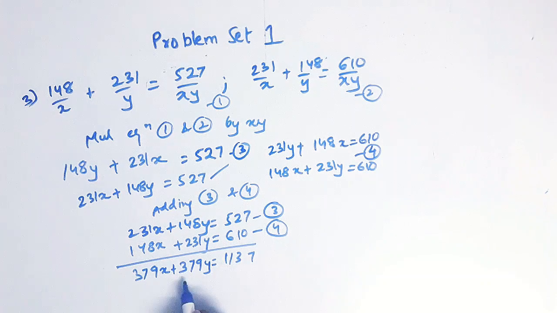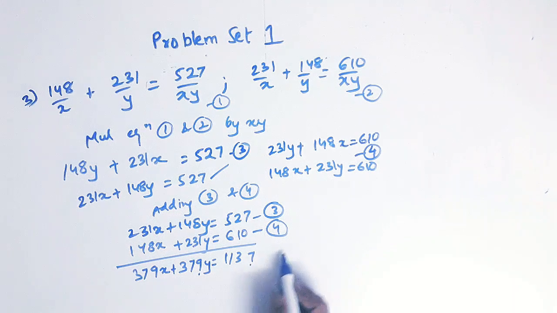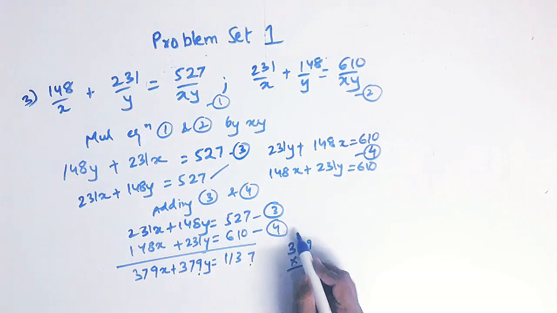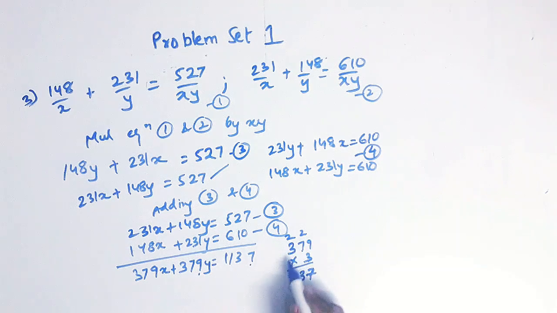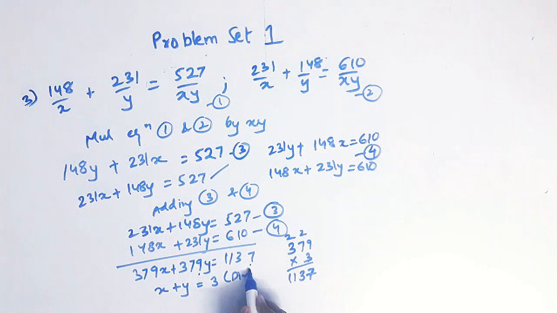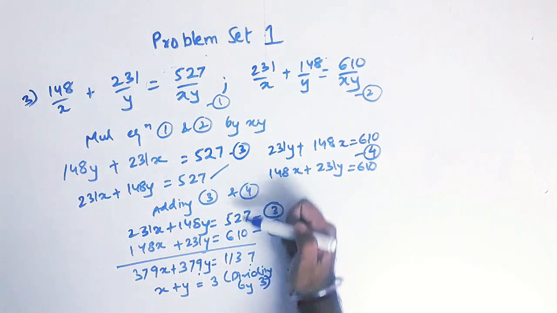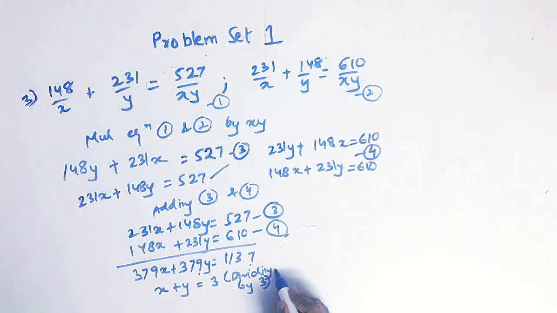Of course this will be the multiple of this, table of 9, when the 7 comes 3 times. So let us check 379 3 times. 3 9s are 27, 3 7s are 21 plus 2 23, 3 are 9 plus 2, correct. So we'll divide it by 3. So x plus y equals to 3. What will we write? Dividing by 3. Okay, if we divide this by 3, we get a new equation, that is x plus y equals to 3. Let this be equation number 5.